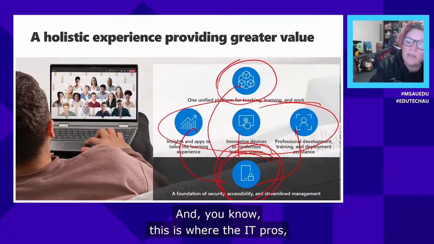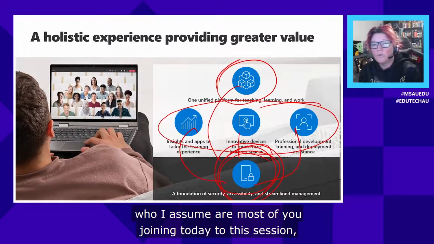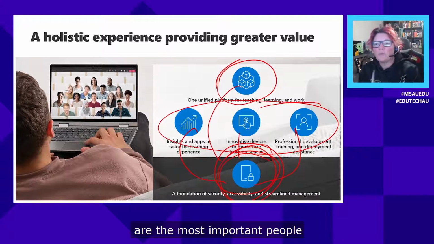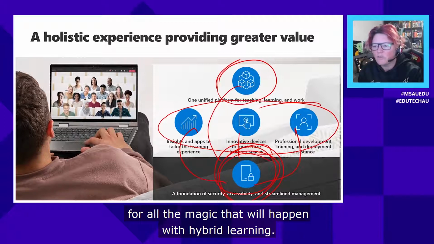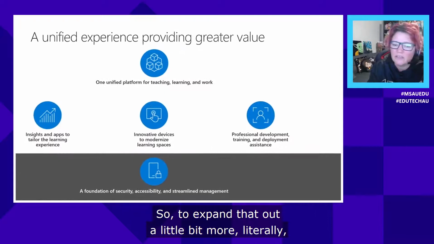And this is where the IT pros, who I assume are most of you joining today's session, are the most important people when it comes to managing that foundation for all the magic that will happen with hybrid learning. So to expand that out a little bit more, literally,